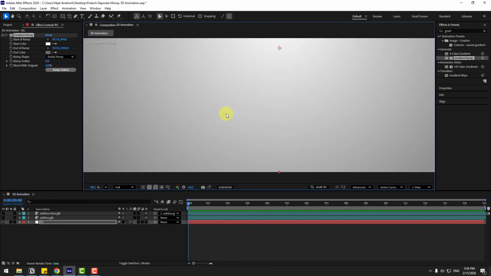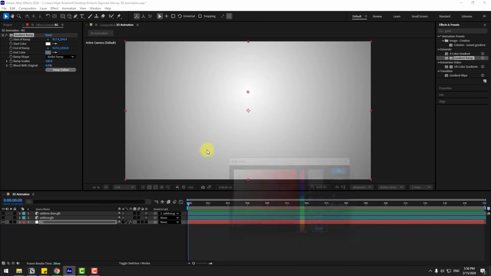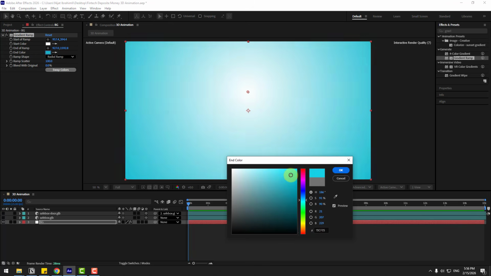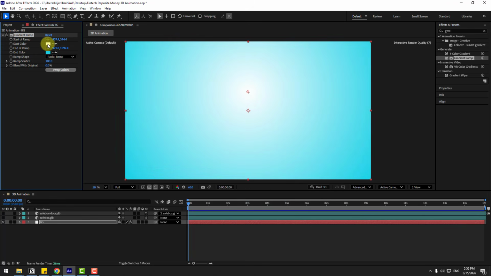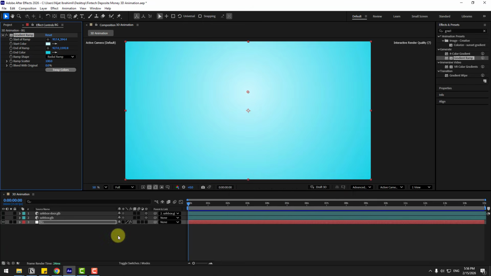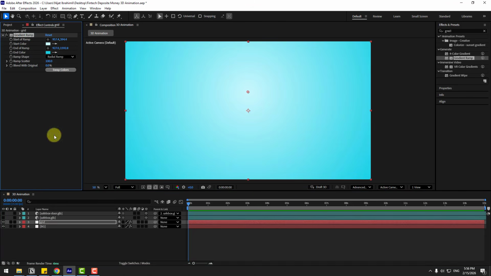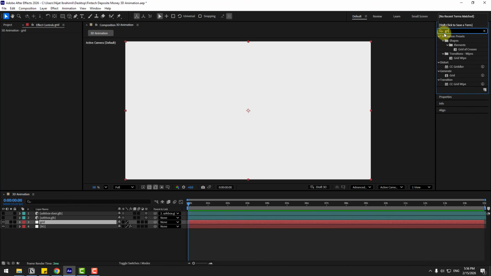So to remove these lines, change Ramp Scatter to 100. Okay, also we can try other colors. Let's, for example, choose the end color, choose blue, and also the start color like this. Okay, not bad. And choose background, Control D to duplicate, change the name to grid and delete the gradient ramp, search effect grid